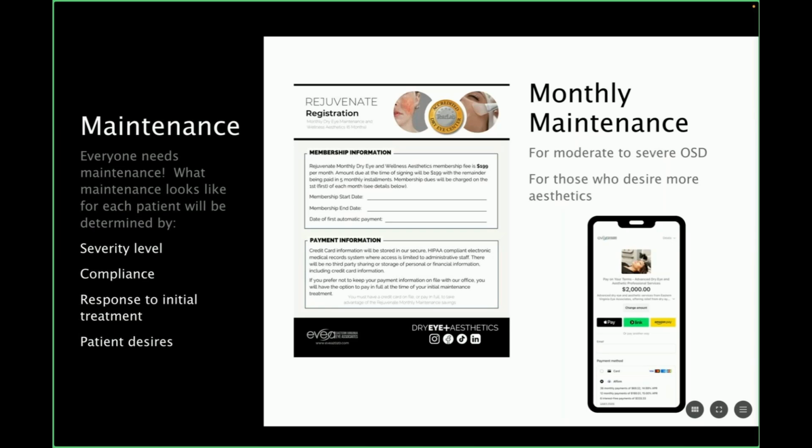I want to stay on this slide for a minute to talk about this because there is some confusion out there among doctors as far as, does IPL work? Well, that's where we were about 4 to 5 years ago, right? When I brought this in, I was like, okay, does this stuff work? We're at the stage now where we know it works. What determines how quickly it works is the patient's entering severity level.